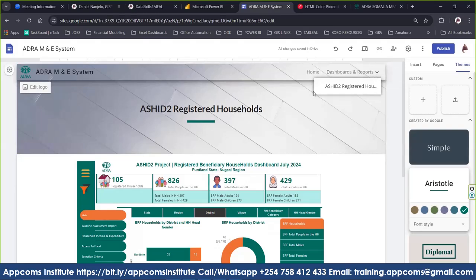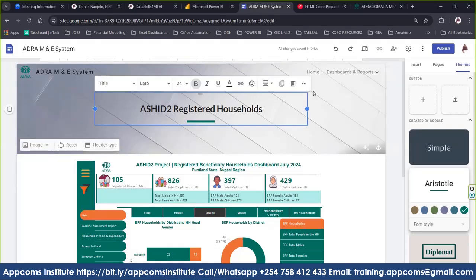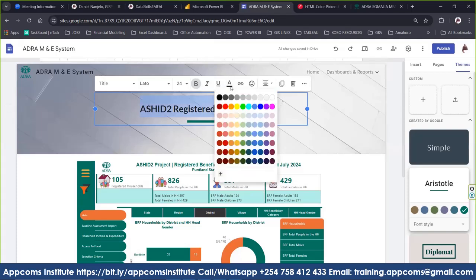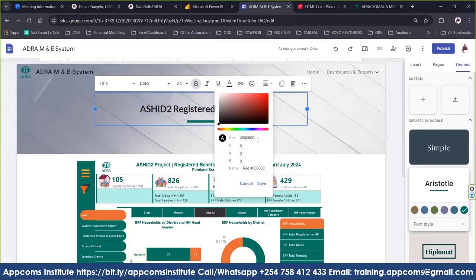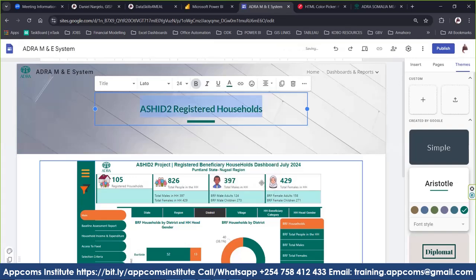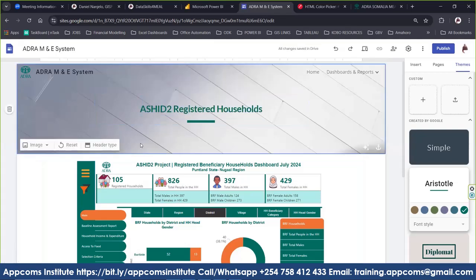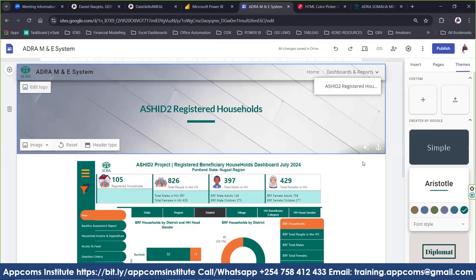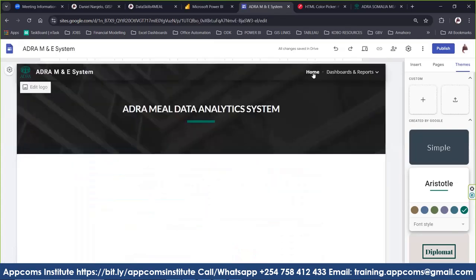Okay, let me maintain this, and the colors, we can update our colors to our brand color. Okay, yes. Okay, so there you have it. Okay, so you can navigate to the first page, and